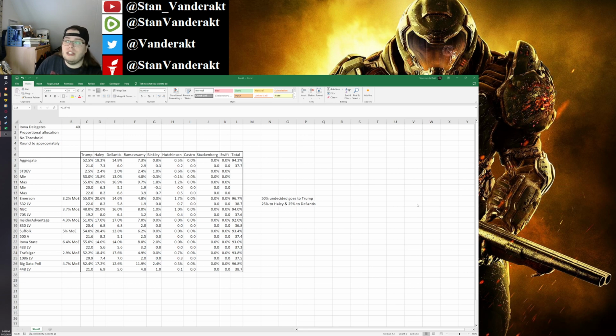DeSantis 13 to 16.9%. So that's 5.2 delegates and 6.8, so rounded up to 7. Ramaswamy between 4.8 and 9.7, which is 1.9 delegates and 3.9 delegates, respectively, so that's between 2 and 4. Binkley,